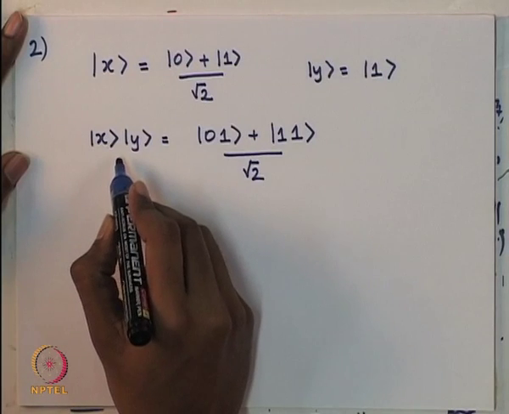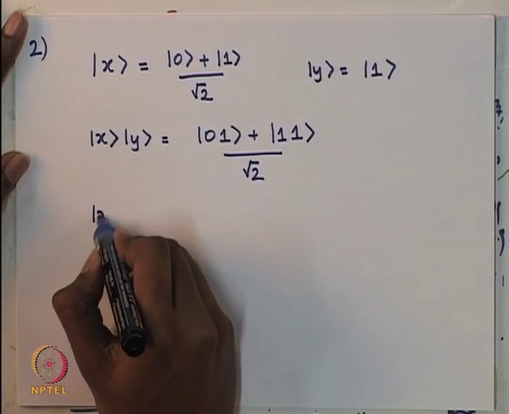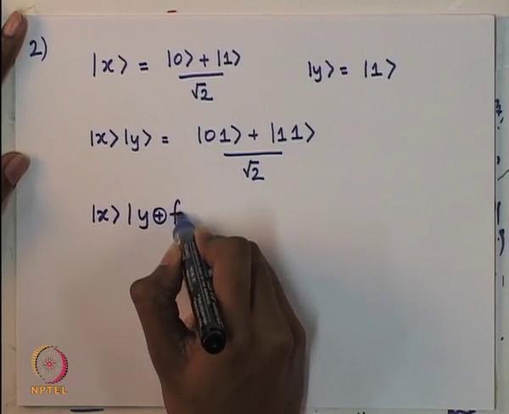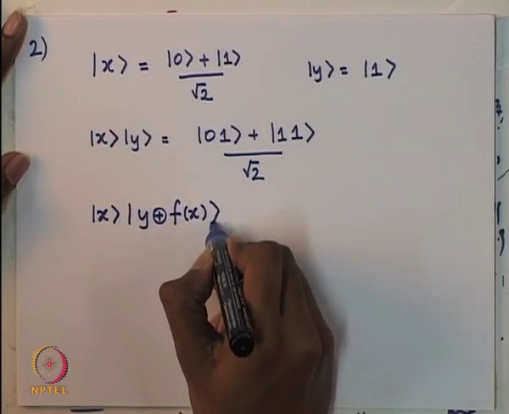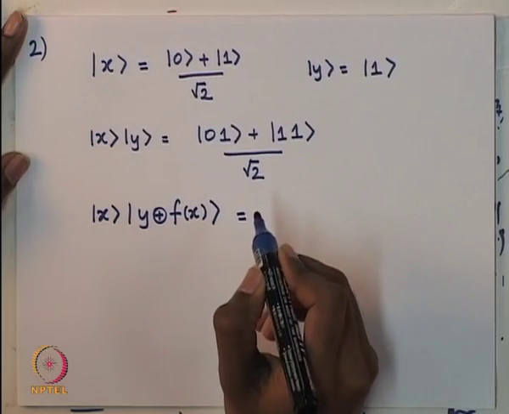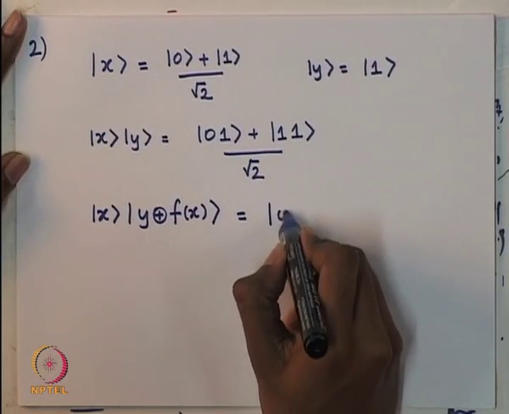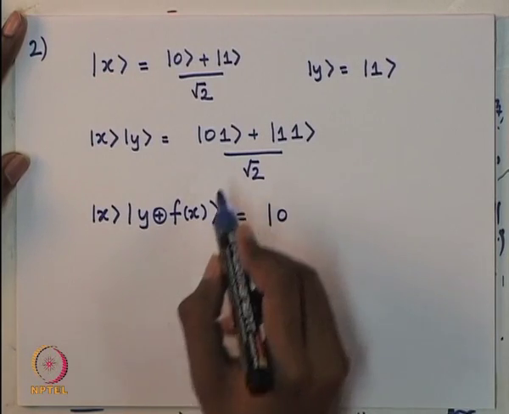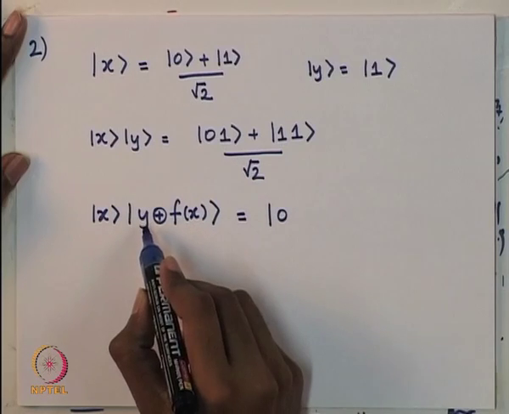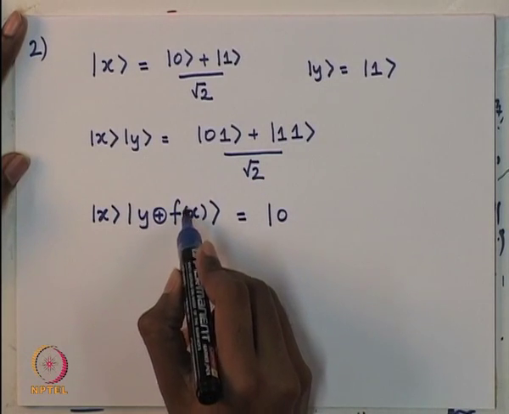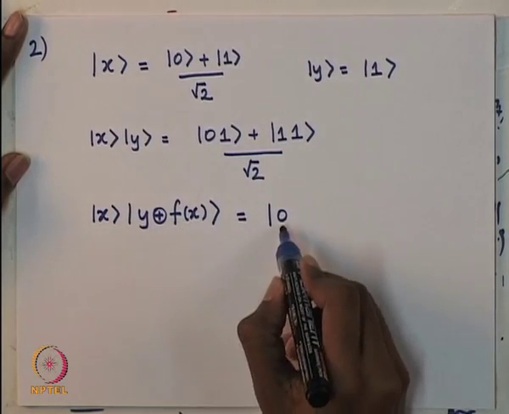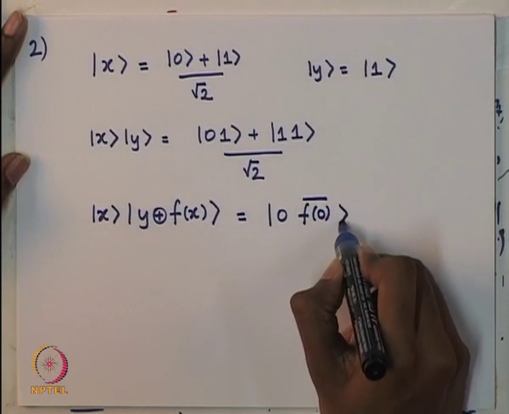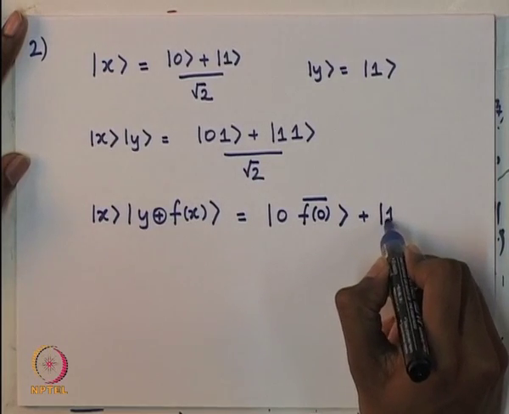Operating the oracle on this input would result in this state, in which the first qubit stays as 0, but the second qubit is y XOR f of x. Y is 1, so 1 XOR f of x, that is the complement of f of x. X is 0, so it is the complement of f of 0. Similarly, the next state is